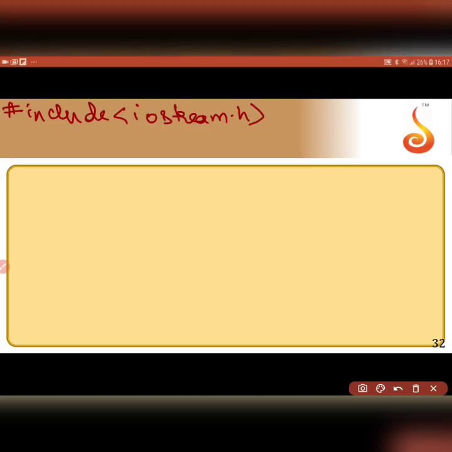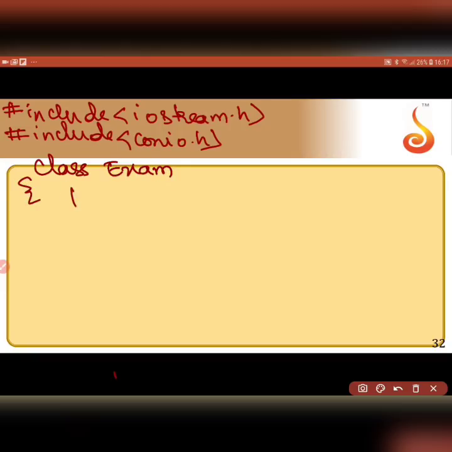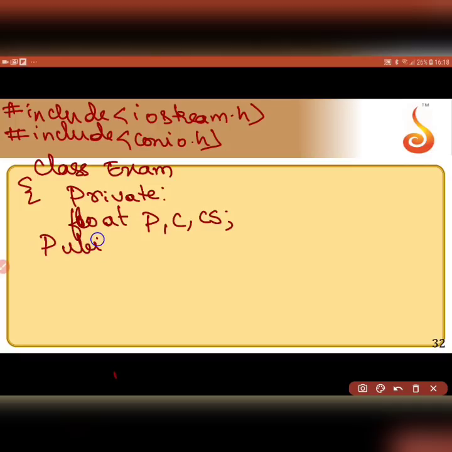Hash include iostream.h, hash include conio.h. Then I will have my class declaration here. Class exam. In the private, I have three variables: physics, chemistry and CS. In the public, what do I have? I have